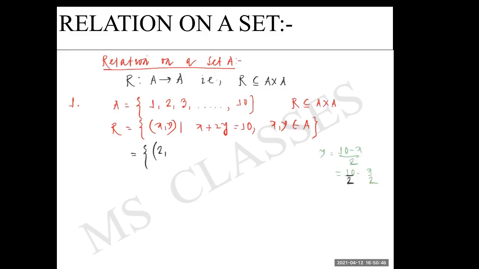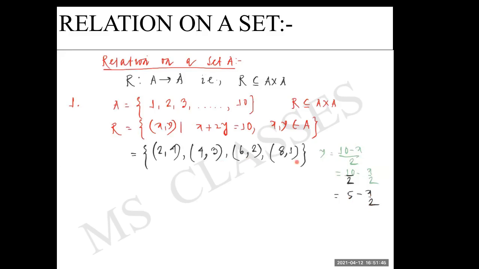Okay. So this will be 5 minus x by 2. So what will we get, children? If I put x equal to 2, 2 by 2 is 1, 5 minus 1, that is 4. Next we put x equal to 4. When I put x equal to 4, 4 by 2, 2, 5 minus 2 is 3. Next, I put x equal to 6. I am putting only the even number so that it gets completely divisible. Next, you put 8. 8 by 2, that is 4. 5 minus 4 is 1. That means this is the relation which I have.